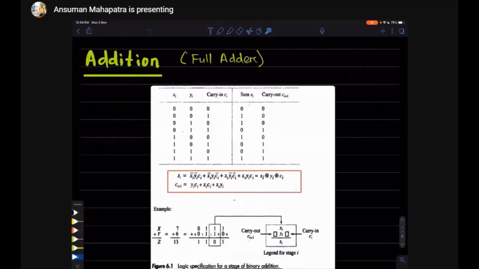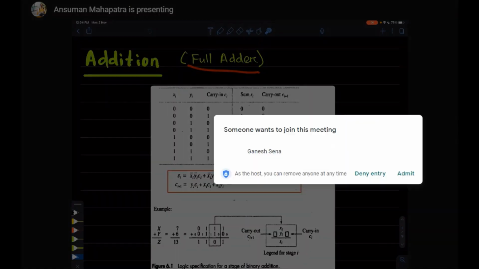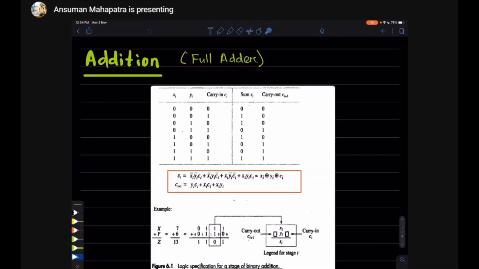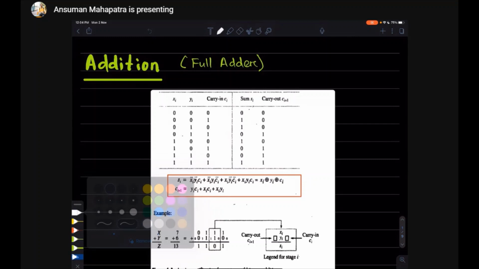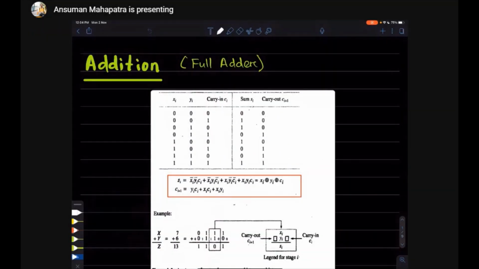In addition we use a circuit called a full adder circuit. There is a half adder circuit also, but we will not read about that. We will start with the full adder. Full adder means what? Whenever we add two binary digits. Let's take one example. Suppose we want to add 0 1 1 and 1 1 1.